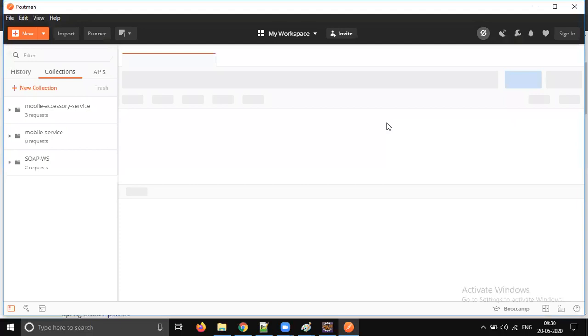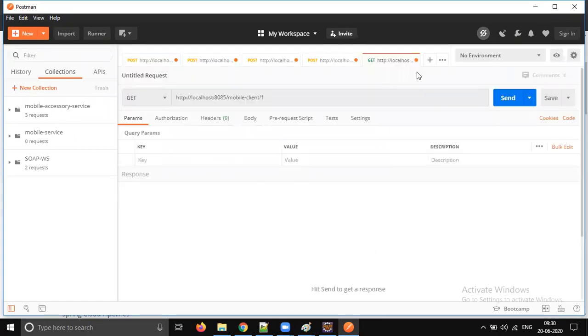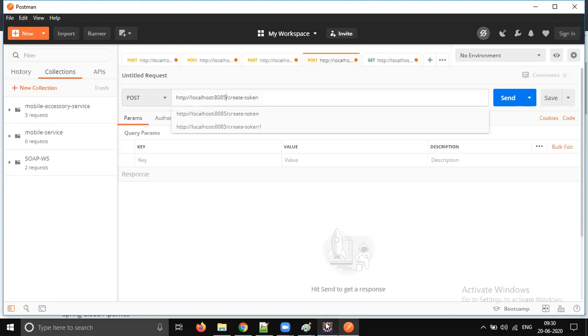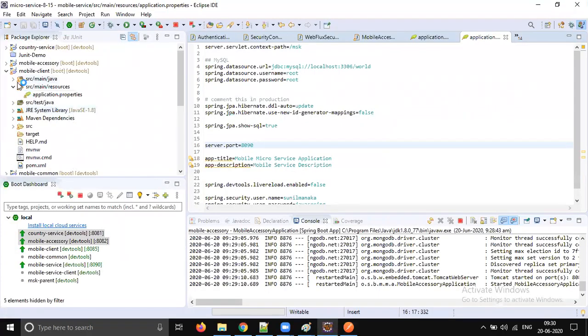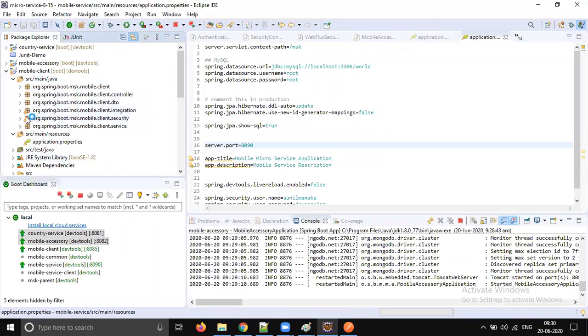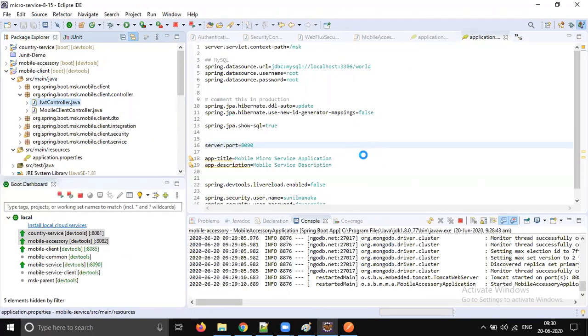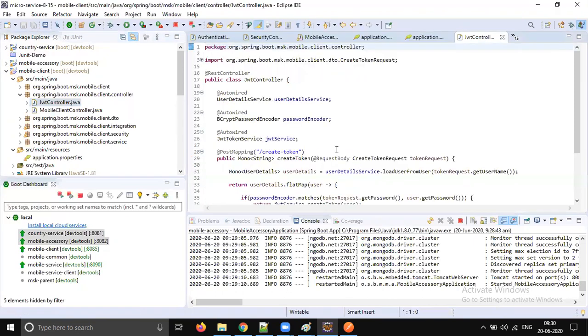An eight GB machine is taking this much time to boot this Postman. It is too heavy. Okay. So let's go to get the token, right? 8085, not sure whether it's create token or some other endpoint. Client, go to controller, I think it's the availability controller. I believe we gave, yeah, it's create token.